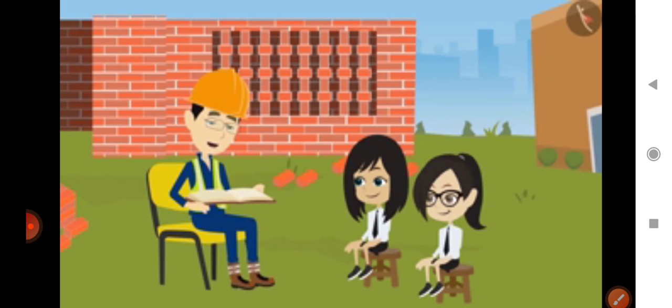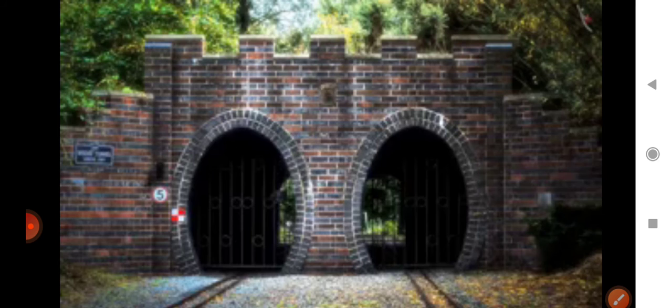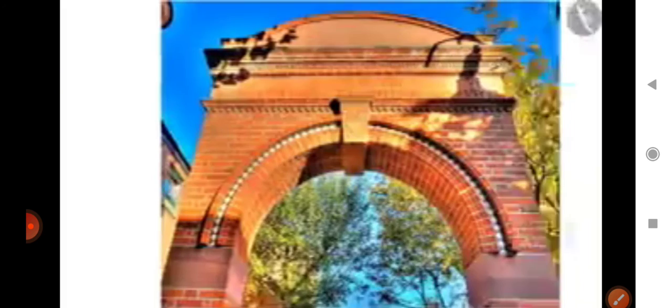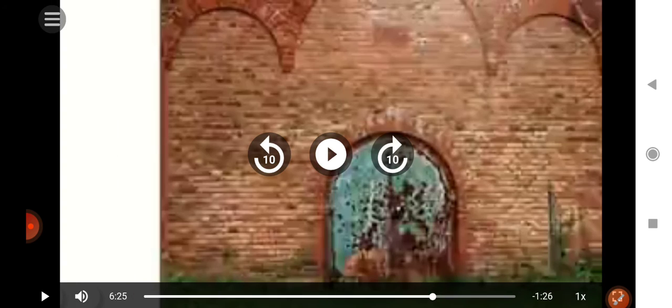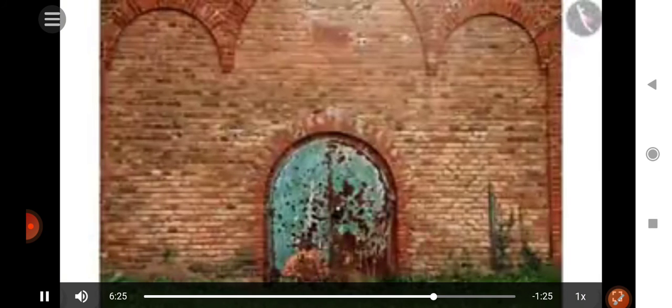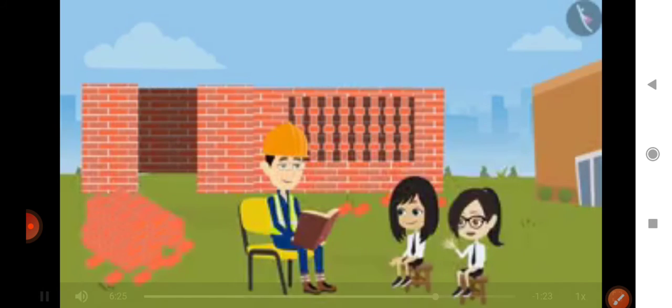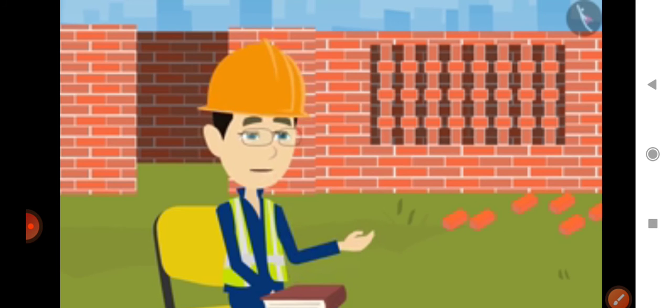Now I will show you the design of an arch. See this. Listen, children, these are some types of arch patterns. Sir, such a beautiful arch. Is something similar being made in our canteen too? Currently there is no such plan, but I will see if we can do something.